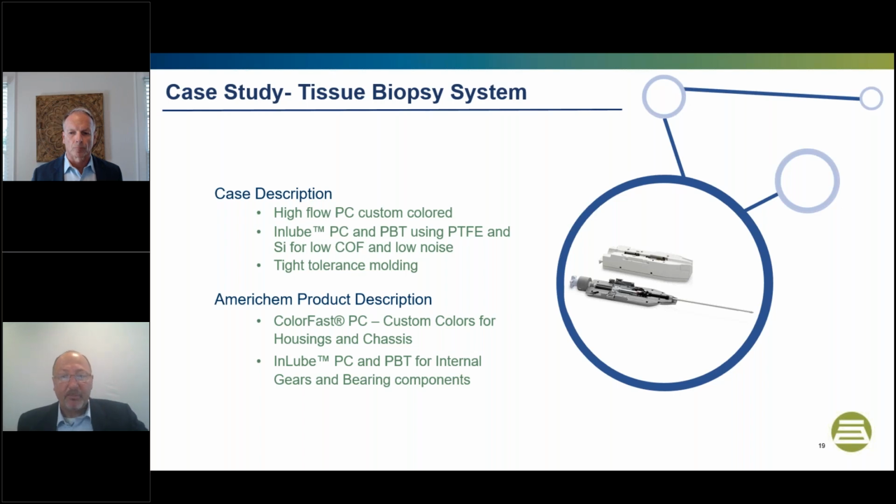I'm going to finish my section of the presentation this morning with a case study example of a medical product, a tissue biopsy system in which many of our materials were used. These materials showed our ability to provide specific custom colors to match the customer's needs, as well as custom InLube formulations to provide low coefficient of friction and low noise. These materials included a high flow polycarbonate, custom colored to the various customers' target colors, our InLube PC and PBT materials using PTFE and silicone for reduced coefficient of friction and low noise,